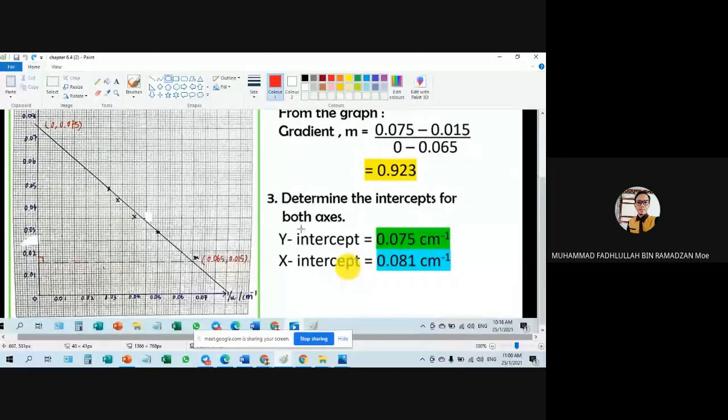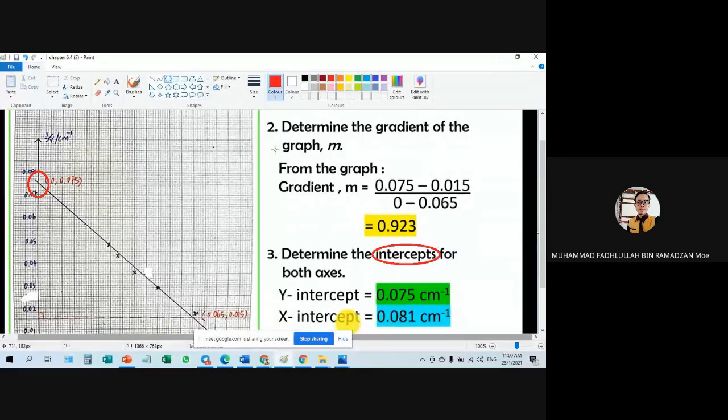Okay, but second dia tanya tadi determine the intercept. So what is intercept? Okay, so intercept kena dekat sinilah. Dia mesti cross. Yang tu maksud intercept. Nanti dia nak gunakan dalam soalan. Okay,